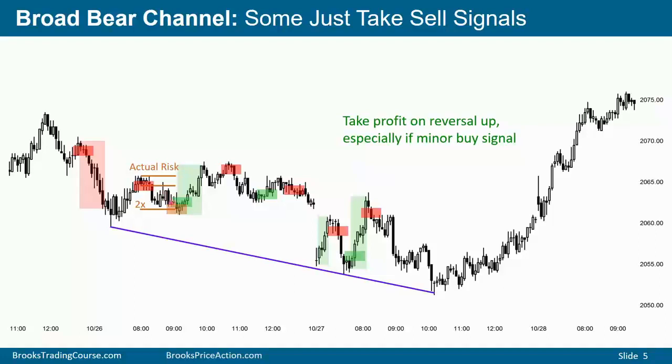The bears will take profits once they reach their scalp goal or on a reversal up, even if it's not quite at their profit target. They sell here, 2 legs down, maybe a wedge bull flag, 1, 2, 3. They'll buy on a reversal up, especially a second reversal up, 1, pull back, and then 2. The bears who are selling here, a second entry short, 1, 2, are selling because they believe it's in a broad bear channel. They will look to take profits at the prior low or on a reversal up, like here.